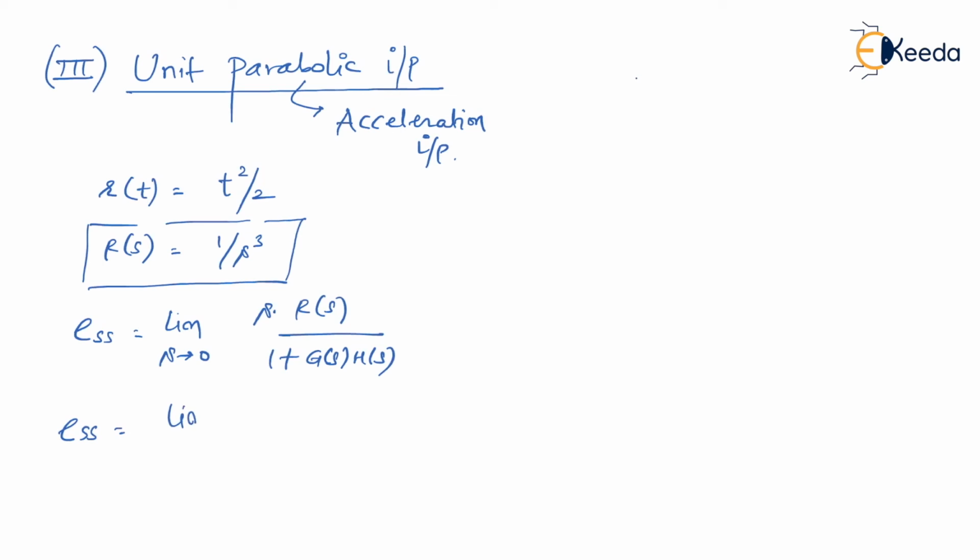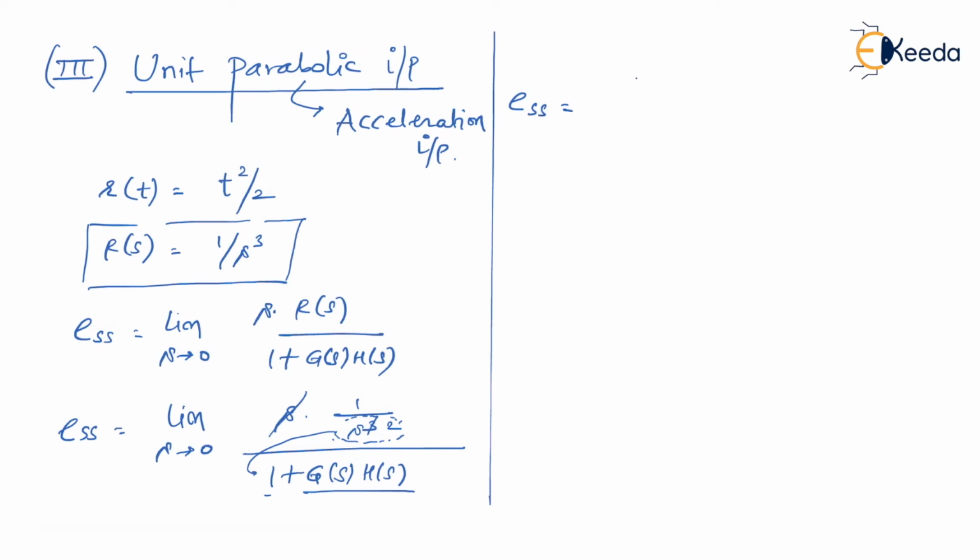So ESS becomes limit s tending to 0, s into 1 upon s cube over 1 plus g of s into h of s. So when you cancel this s, what is remaining in the denominator is s square, and this s square can get shifted in the denominator. So in denominator it gets multiplied to both the terms. ESS equal to